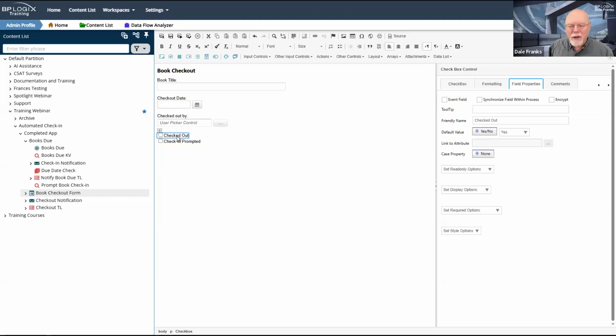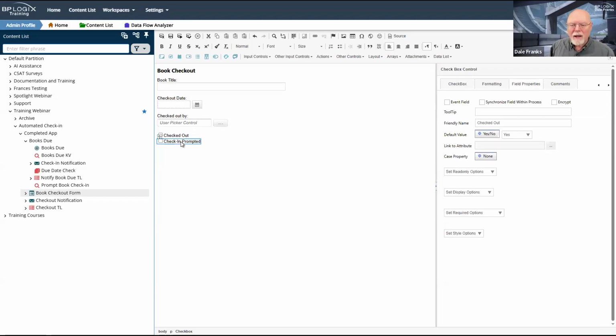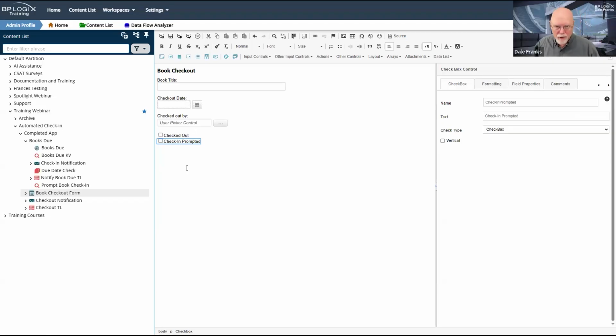In fact, both the checked out field and the check-in prompted field are 2 checkboxes that you might not even need to appear on the form because they are status tracking fields, both of them. I've got to know if a book is checked out, and I've got to know if the person who checked it out has now been notified that it's due and they need to check it back in. I don't think in normal circumstances that these would be visible fields on the form, even though in our case, they will be visible fields.